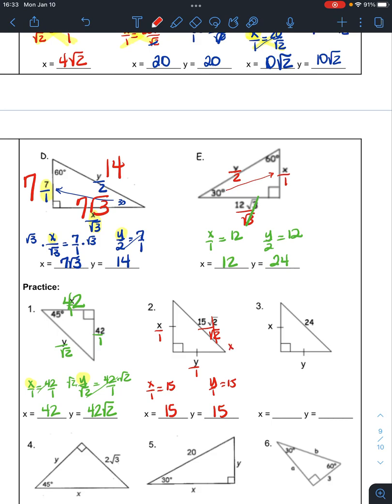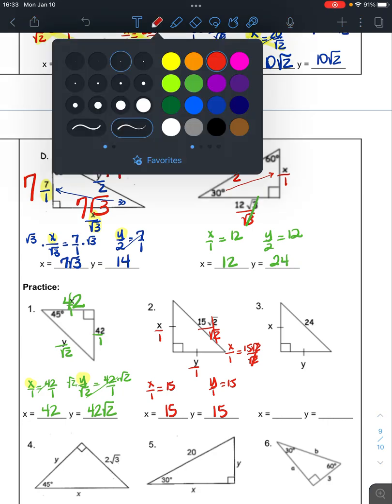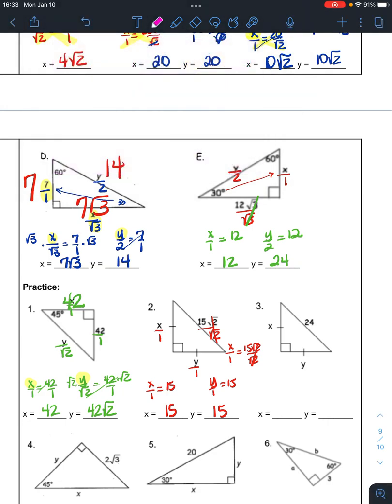If you don't recognize that you can cancel that yet, that's okay. X over 1 is equal to 15 root 2 over root 2. Cancel them right there. You just always want to cancel whenever you can because it makes life a little bit easier. Okay, again, this is a 45 because this is isosceles, so over 1